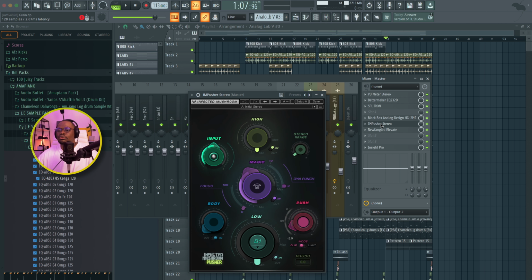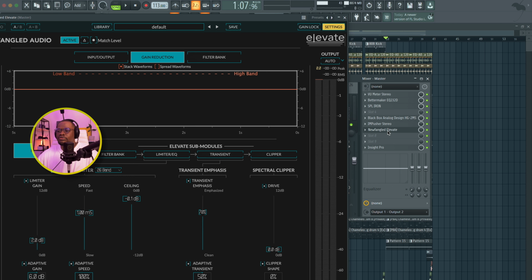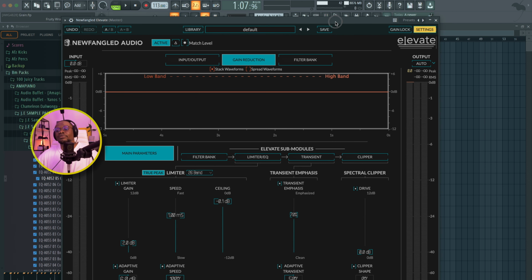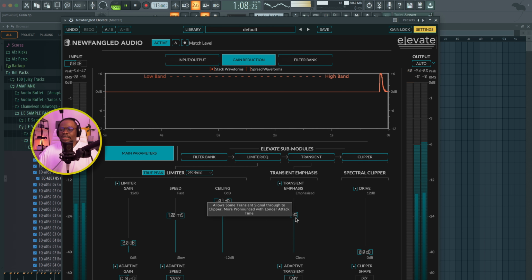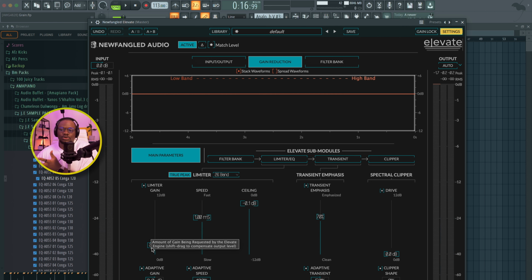And then I have Pusher. Essentially, I'm just using this for the clip function as well as just brightening up the high mids a little bit. And then Newfangled Elevate. This is my new favorite limiter in the world right now. It's so sick. You have this transient emphasis, so you can really emphasize your transient. That's why when you listen to this beat, you can hear how snappy it sounds. Right? I'm actually not even doing so much limiting here because this is just like 2 dB,